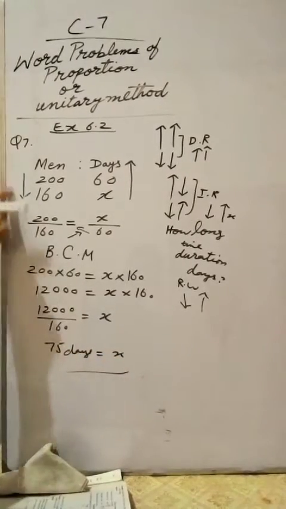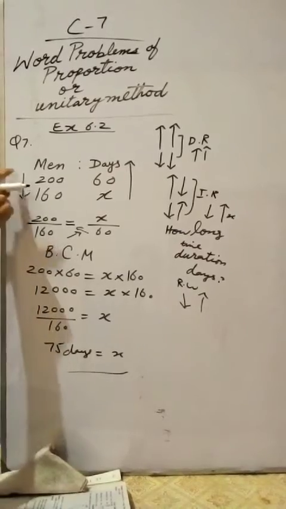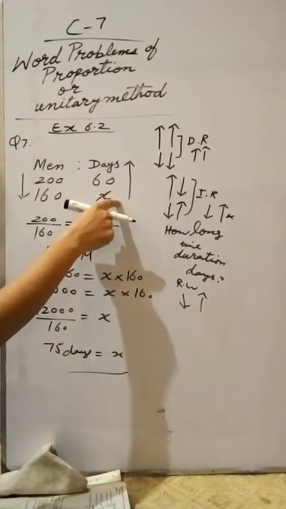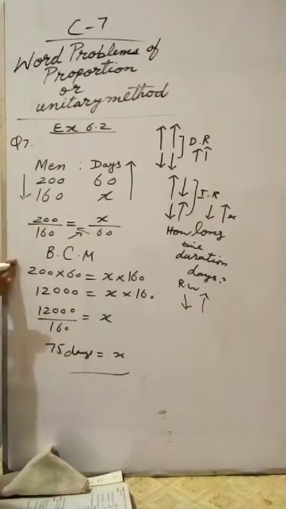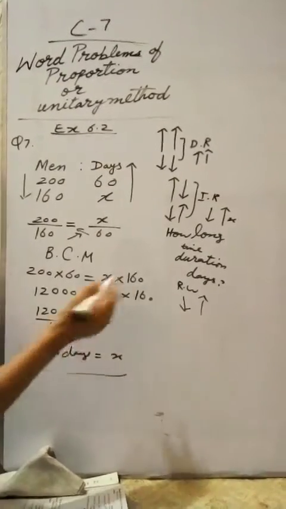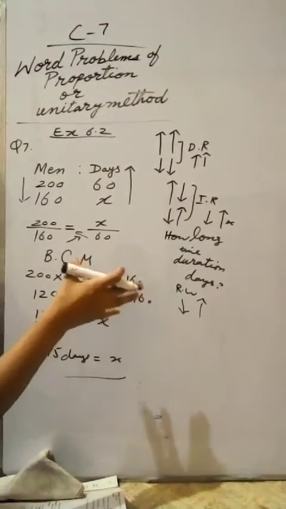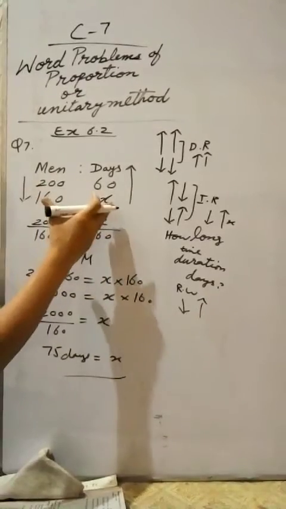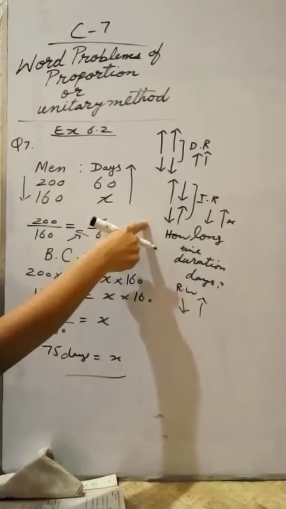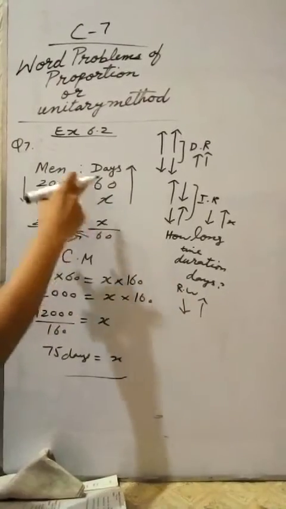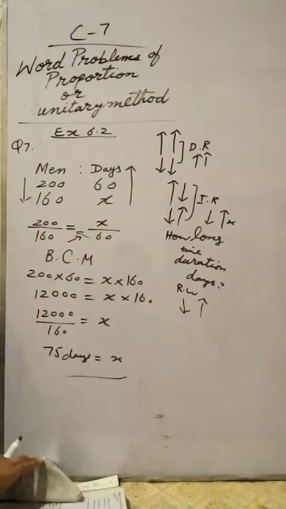So see, when the men are reduced, the food will be used for many days, 75 days or more. So these are the steps for solving the question. But time, distance, living things have the inverse relationship with time. Time and distance, living thing and distance, living thing and days, time and living thing always have the inverse relationship.